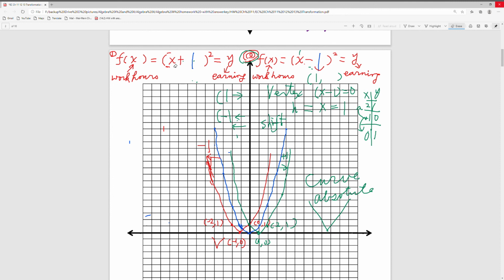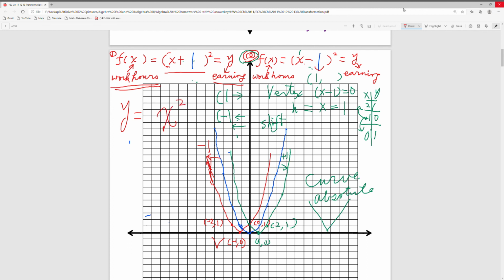Okay, so for a function f, we may consider the input to be the work hours. You work how many hours? And the output y is the earning. You work how many hours, and according to your manager, the manager will pay you. So if you say y equals x squared,